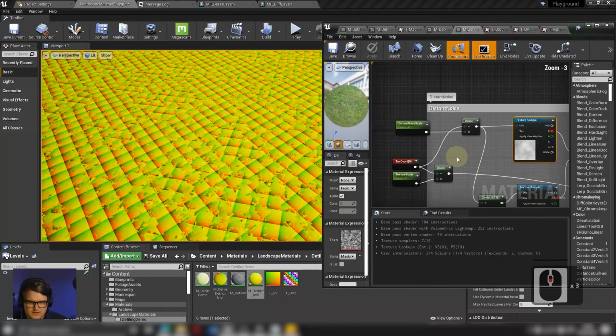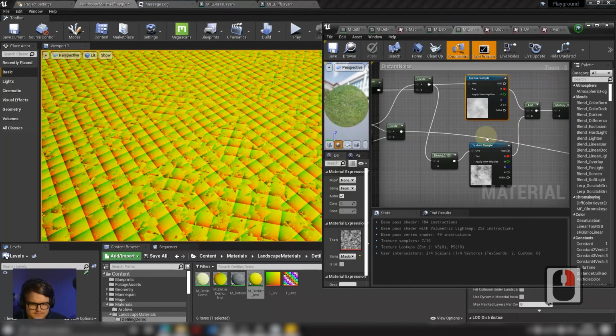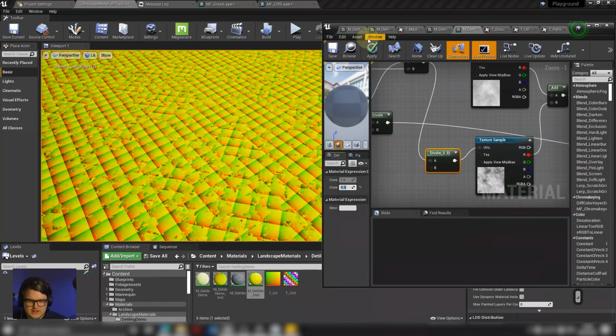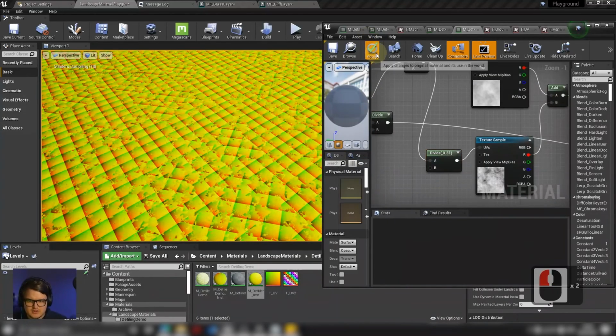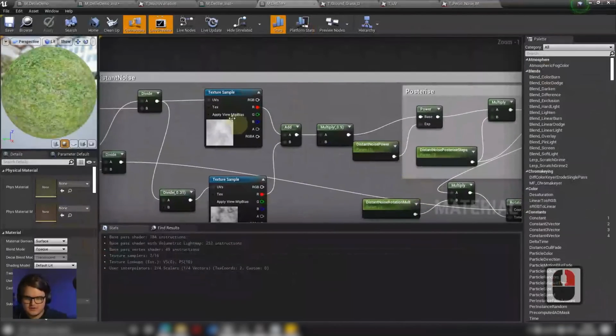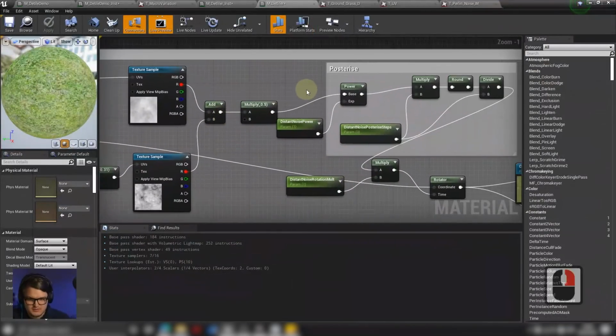And I don't know why that isn't working super well. Perhaps this is too small. If we say something along the lines of 0.7, 0.3, 0.31. Alright, I know I wanted to avoid using a contrast node here, but it might be time to,